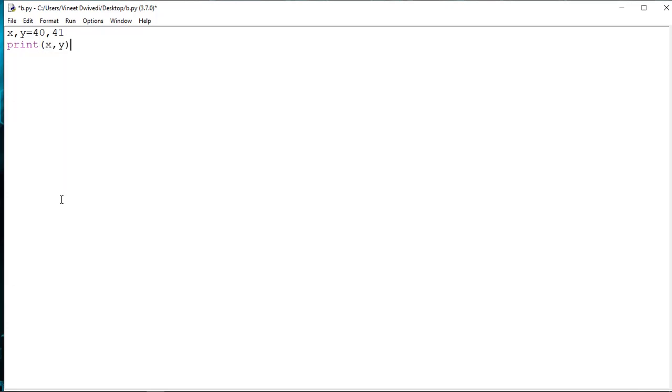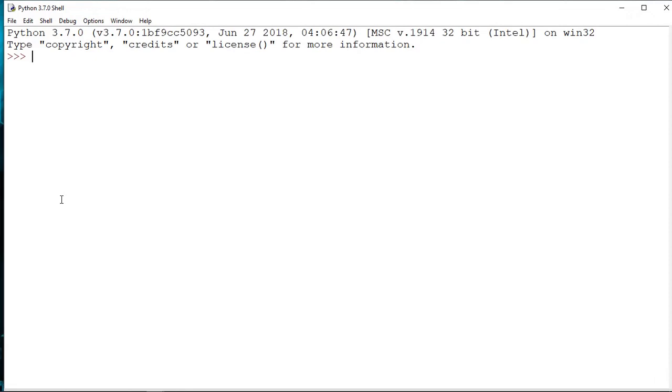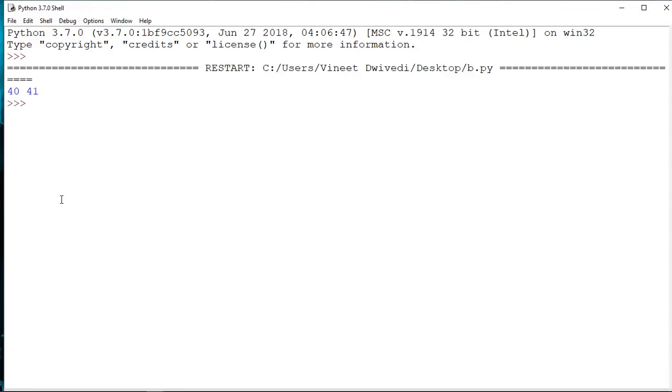We have written two statements: the first is x comma y is equals to 40 comma 41, and the next is print x comma y. Now let's save this code and run it. Let's see what the output is. You are getting the value 40 comma 41. So it is not a problem here.